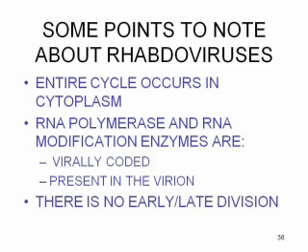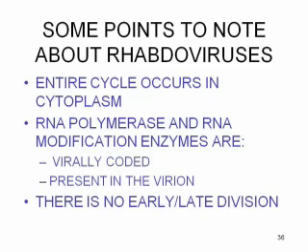Okay, so now you've got new virus. So things to notice. The entire cycle here is in the cytoplasm. You can remove the nucleus and rhabdoviruses will still grow perfectly well. The RNA polymerase and the modification enzymes, because those messages were capped and methylated and polyadenylated, all of that machinery is actually a part of this big polymerase. So that's coded for by the virus. Has to be. It's an RNA virus.